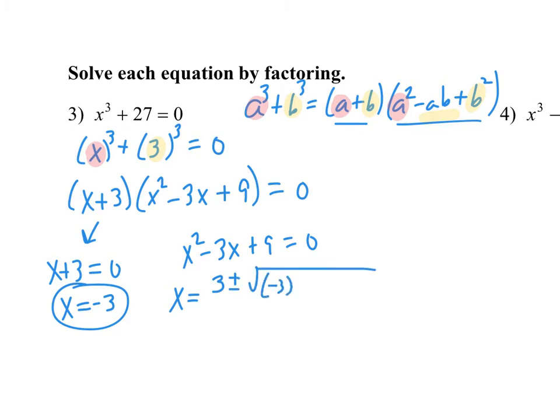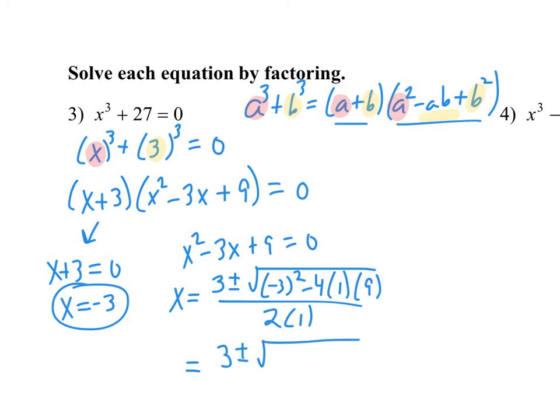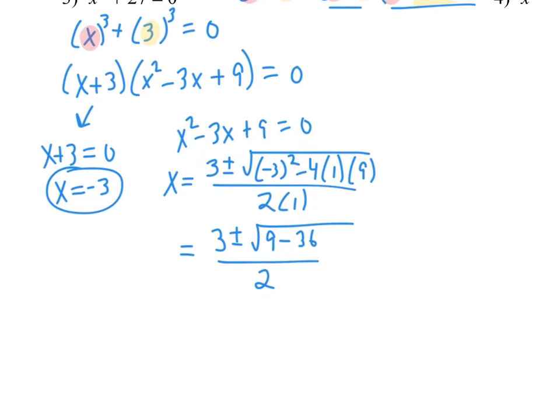squared minus 4 times a times c, all over 2a. I've got everything plugged into the quadratic formula, so make sure we still have that. 3 plus and minus the square root of, we have 9 minus 4 times 1 times 9 is 36, all over 2. Then we're going to end up simplifying to 3 plus and minus the square root of 36 minus 9 is 27,